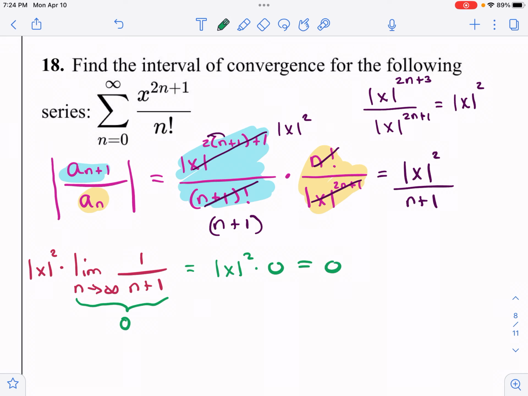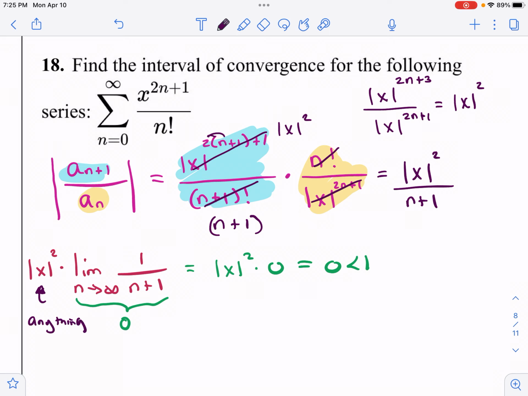And by the ratio test, 0 is always less than 1. That means it does not matter what x is. This ratio will always, in the limit, go to 0, which is less than 1. What that means is your interval of convergence is everything. Any value of x. There's nothing you can do to stop this from being a